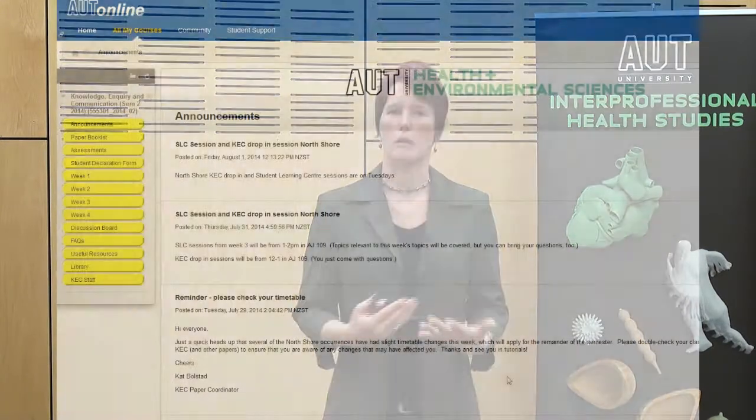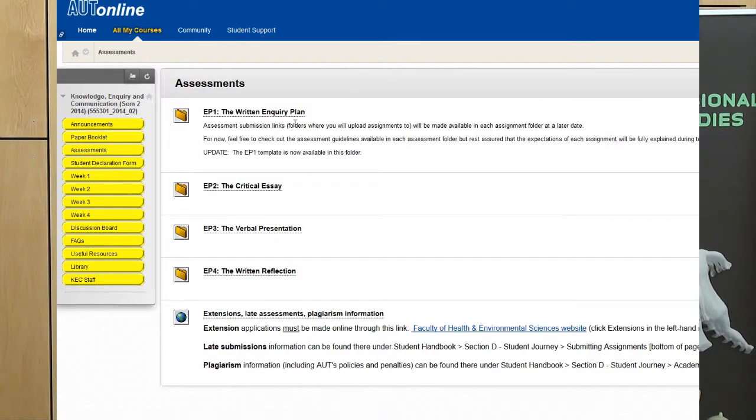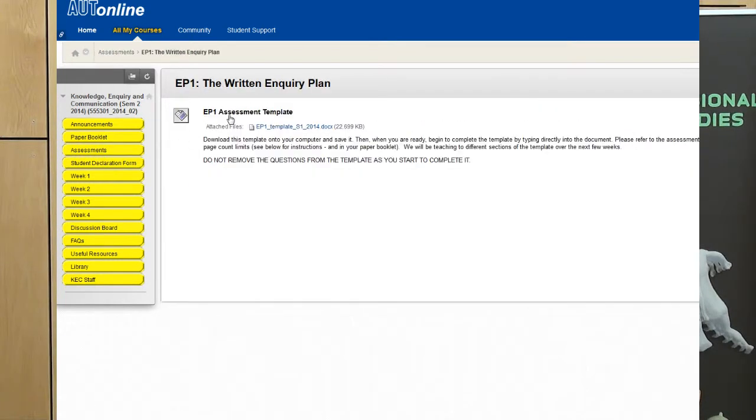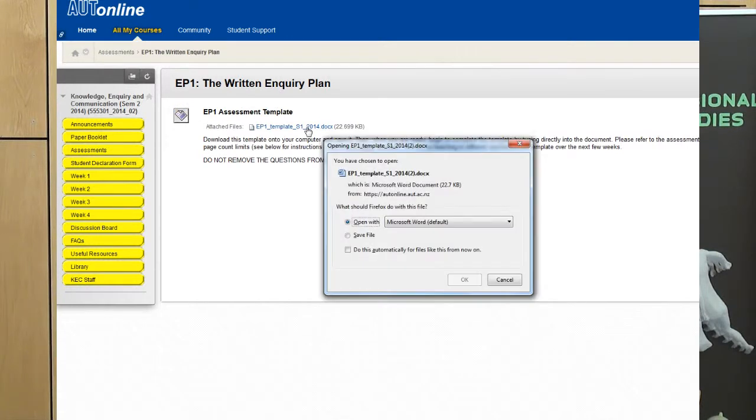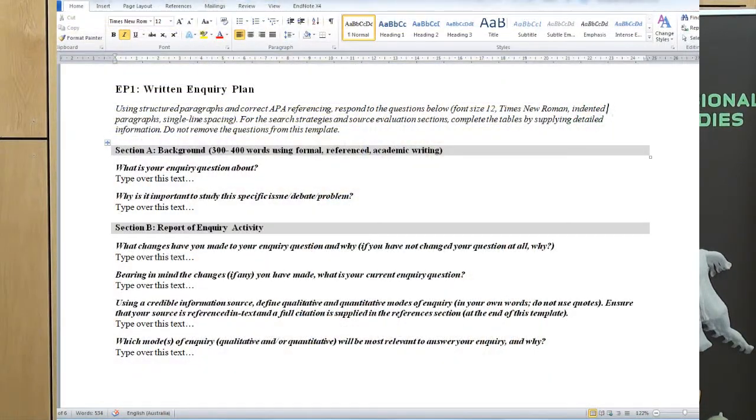So in order to begin this assignment, you need to download the template from AUT Online. That's available under the EP1 folder. It's a Word document, and the format of this assessment when you turn it in is this template filled in. EP1 is not an essay. It is this template with the questions in the template still in place and your answers typed in the boxes